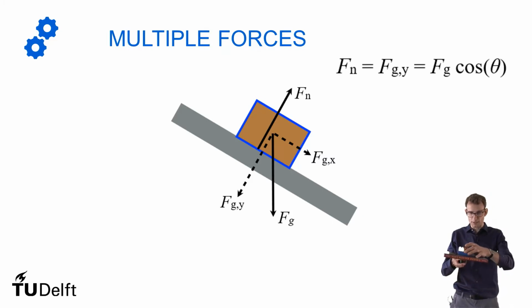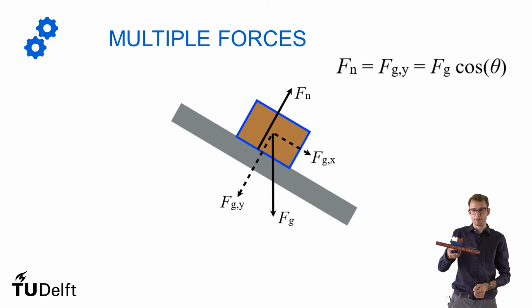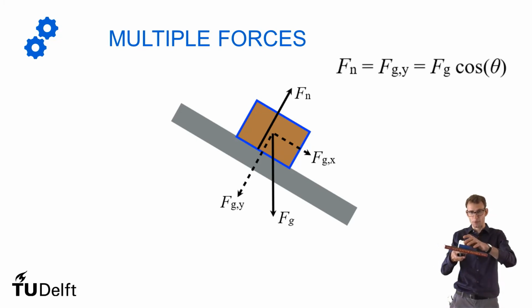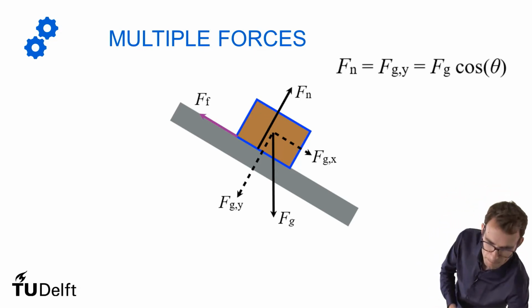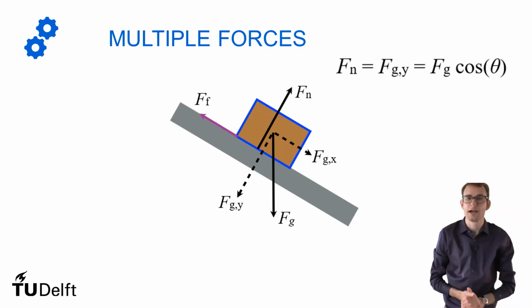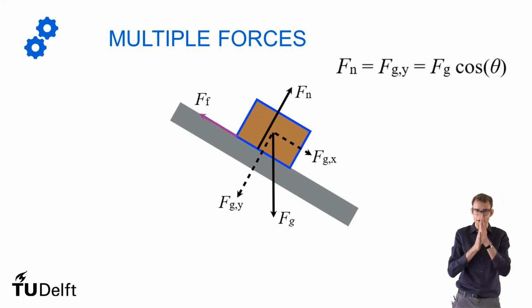Now, if I tilt the book a little bit, the block will still stay in place. So there must also be a force that compensates for the gravitational component along the surface of the book. And that, of course, is friction. So when do you get friction? Well, best known example, perhaps, is if you have cold hands and you rub them together. There's friction between your hands because of two reasons. One is that you're pushing your hands together. If you're just moving like that, there's no friction. And the other is because you're actually moving.